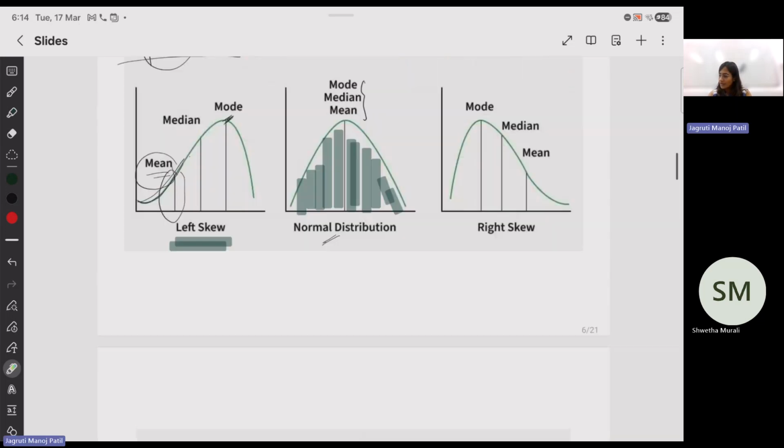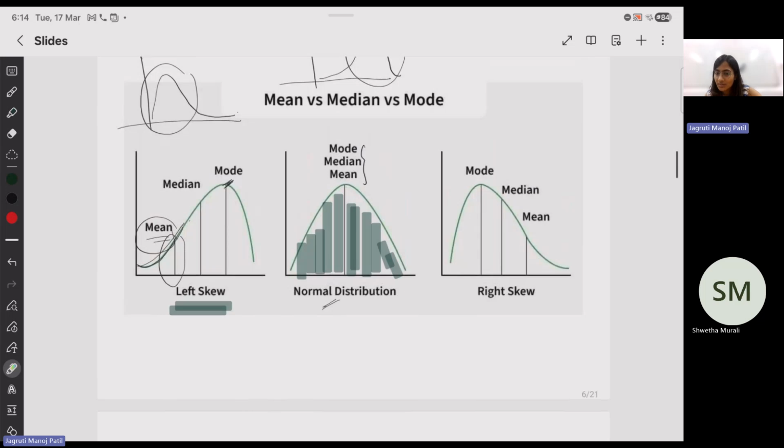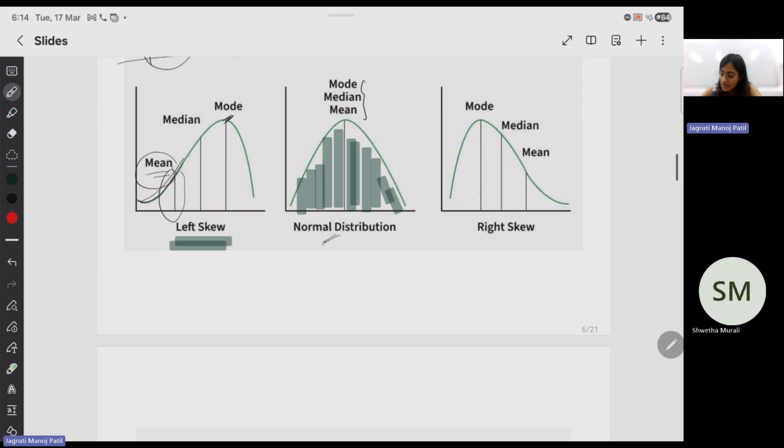Before that, there's also a measure that does not belong to the central tendency, but is part of data variation. That is nothing but standard deviation. How do you represent standard deviation? It is how much your original value, let's say your xith number, deviates from your average number. So that represents your standard deviation.